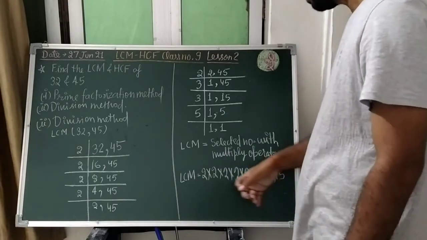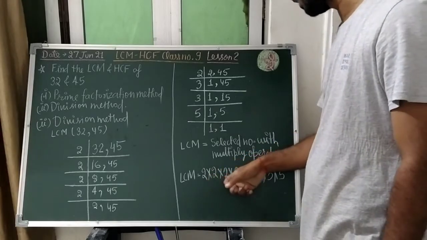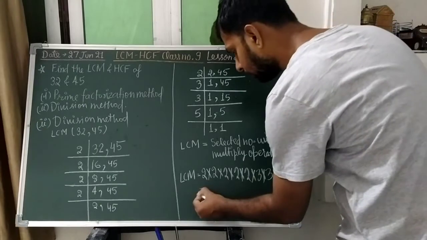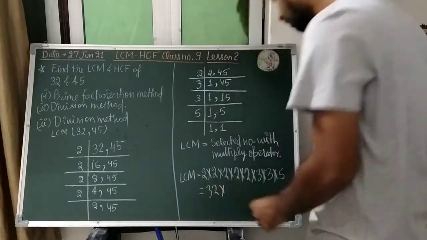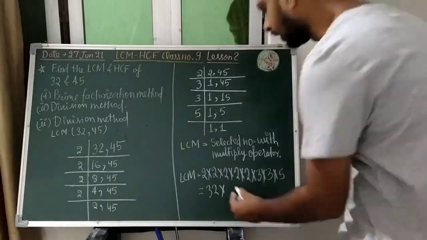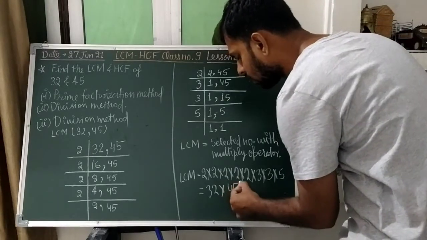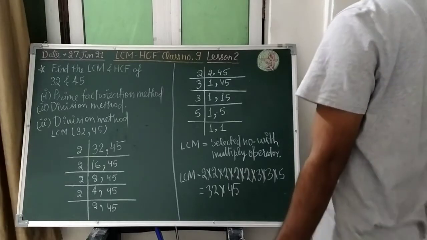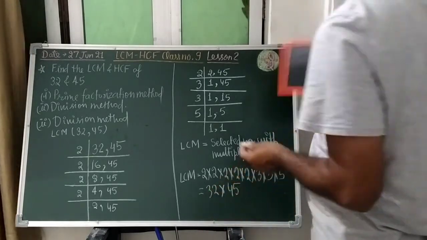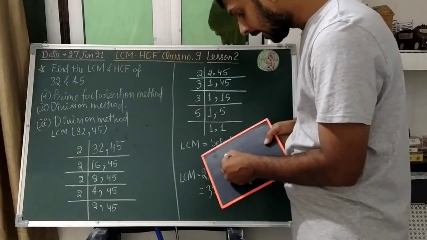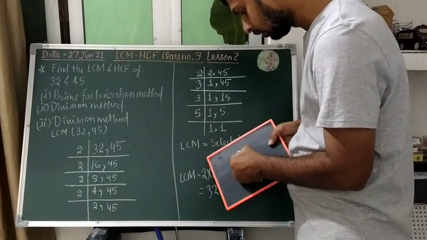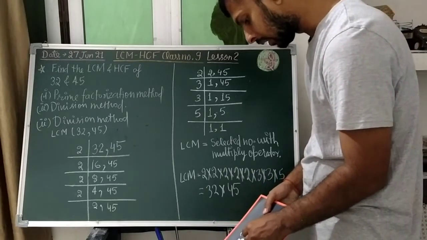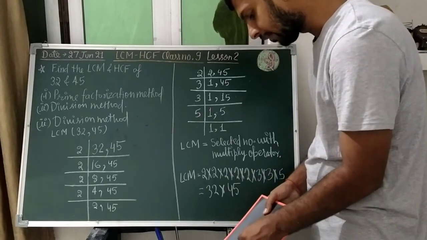We will just multiply the selected numbers. Okay. So 2 into 2, 4, 4 2s are 8, 8 2s are 16, 16 2s are 32. So 32. Multiplied by 3 3s are 9, 9 5s are 45. 32 multiplied by 45. So students, multiply 32, here 32 multiplied by 45 is there. So how will you multiply 32 by 45?